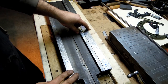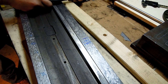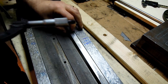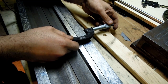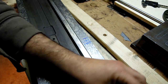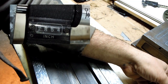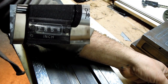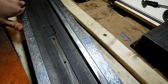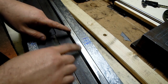Let's just go back through and take some measurements here, and again, make sure we did what we set out to do. So on this end, I'm looking at 1855, probably a few tenths under that. 54, a few tenths over that. And at the get-go here, looks like I'm 1854 exactly. So within a thou, probably less than that across the 25-inch length. Again, if this was a tapered gib, that'd probably be a no-go, but because it's a straight gib,